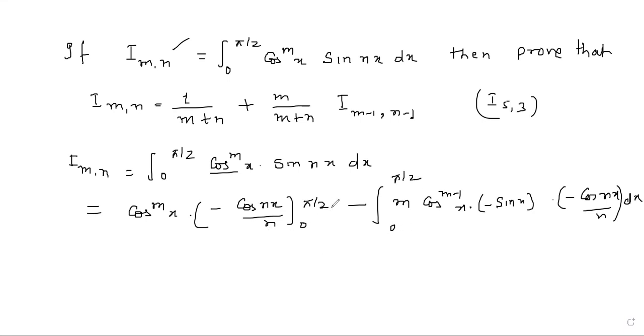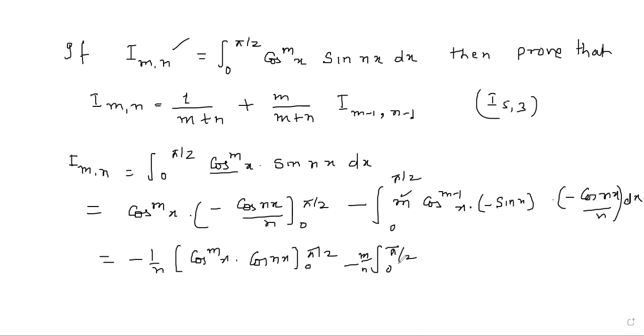Now we can write minus 1 upon n outside, and then cos^m x cos nx with limits 0 to pi by 2, minus, and here m upon n can be taken out, m upon n integral 0 to pi by 2, and then we can write the other things. So it will become cos^(m-1)